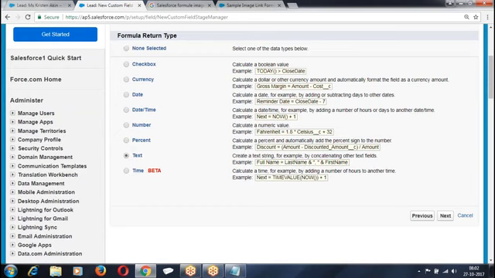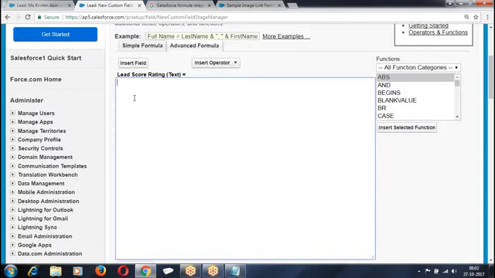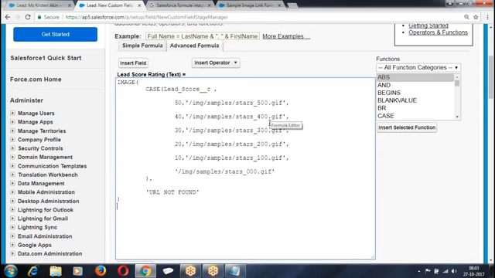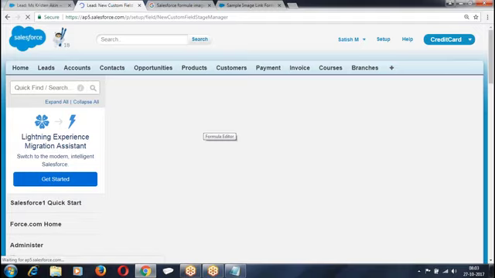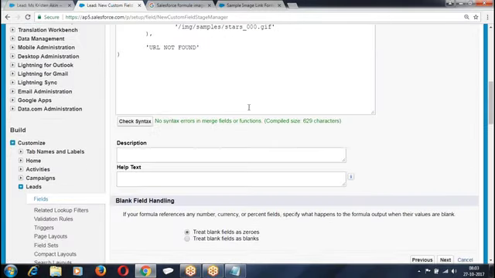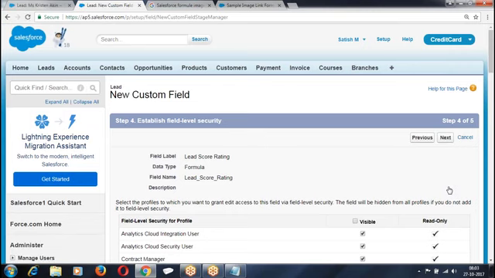Record text, next. Suppose you give the formula which I entered, check the syntax, next, next.